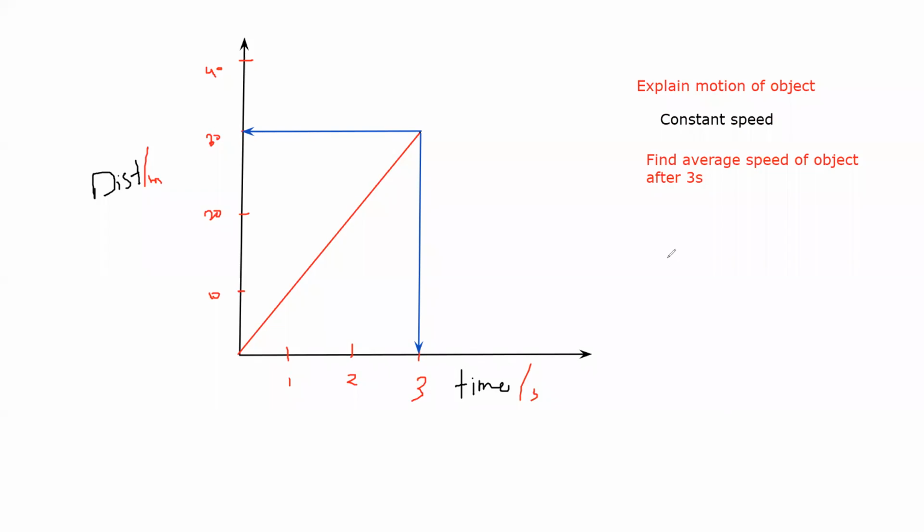So the average speed, because the average speed is the total distance divided by total time. The total distance traveled is 30, and the total time it took is equal to 3. So 30 divided by 3 is equal to 10 meters per second. Is it clear? The average speed